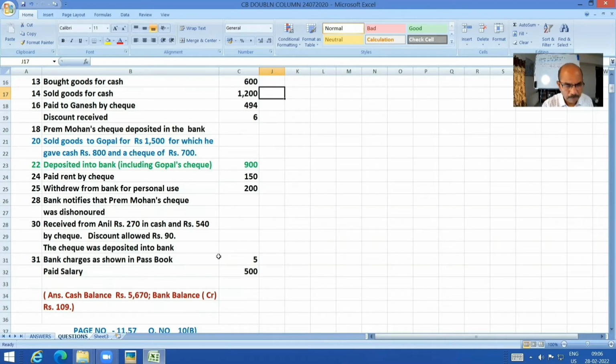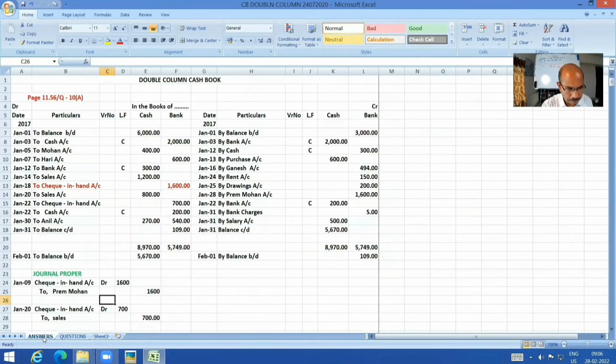Now let me work it out for you, or in other words, whatever I have worked out and satisfied myself, let me explain to you entry by entry. Please keep it in mind. Usual stuff, I won't spend much time. Only those critical entries will be explained and re-explained, and sufficient emphasis will be shown.